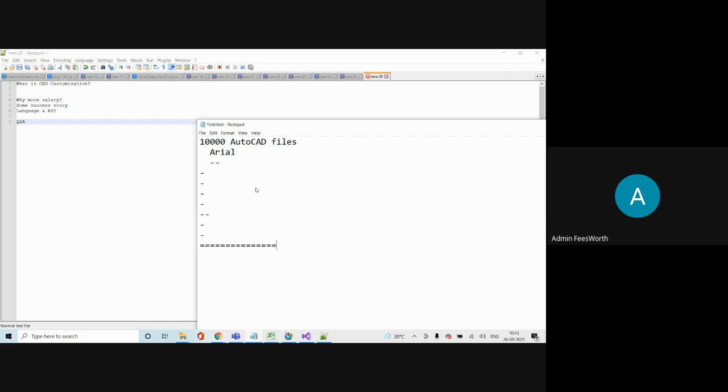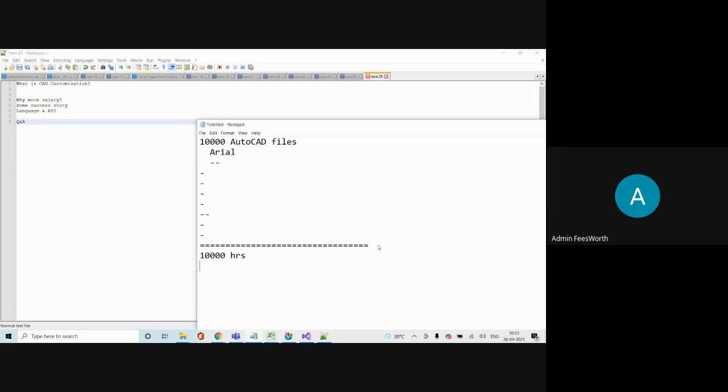Now, how do you want to execute this for 10,000 files? Open one file and do these 10 changes. Let us say for one change I take 5 minutes. 10 changes means I need 50 minutes, almost 1 hour I have to spend for one drawing. So 10,000 drawings means there is no other option, 10,000 hours. Does anyone have any other alternative? So far, no. 10,000 hours.